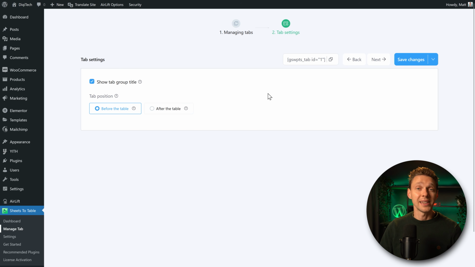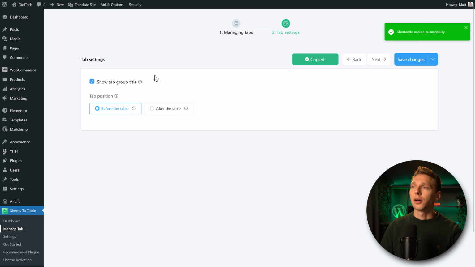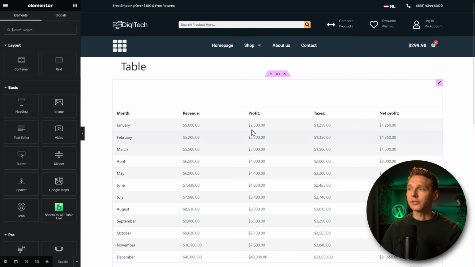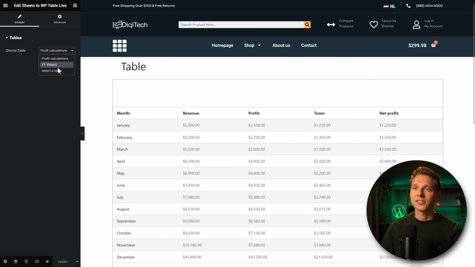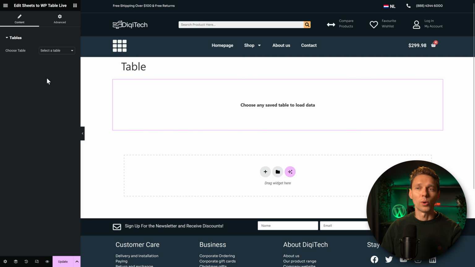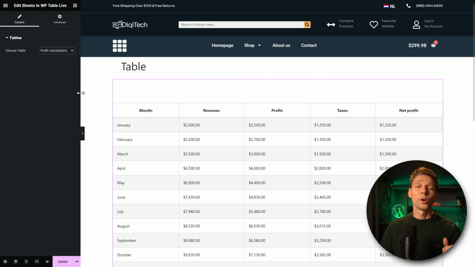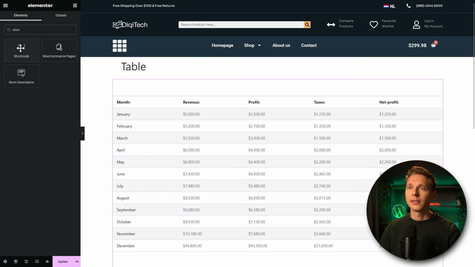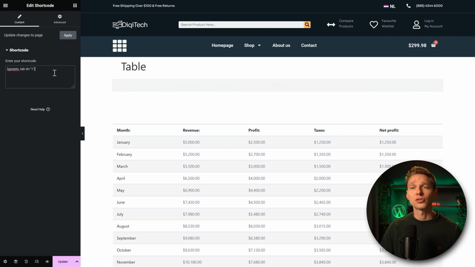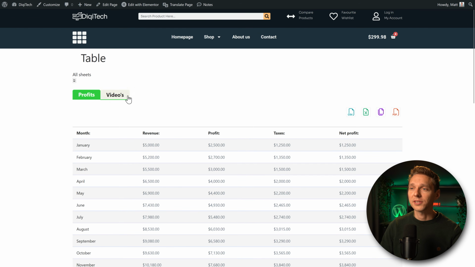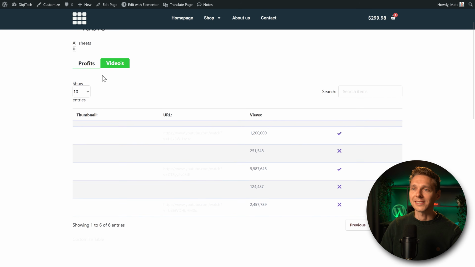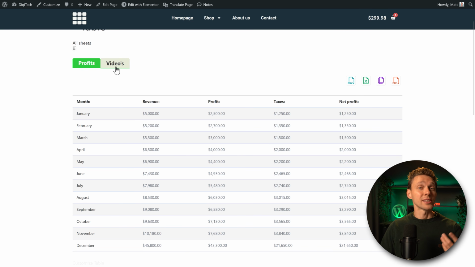Now the only thing in here, I have to use the shortcode, because if I then just load in my Elementor builder, as you can see, I cannot change this table to the one we've just created. So that's also one thing that I would advise WP Pool to also add in their awesome plugin, and that would really help. But if I just add in a shortcode widget over there, here we go, and paste in the shortcode from the multiple tabs. I press update. And then you can see in here I have profits and videos, which will just load inside of a tab, which is actually a very nice feature.